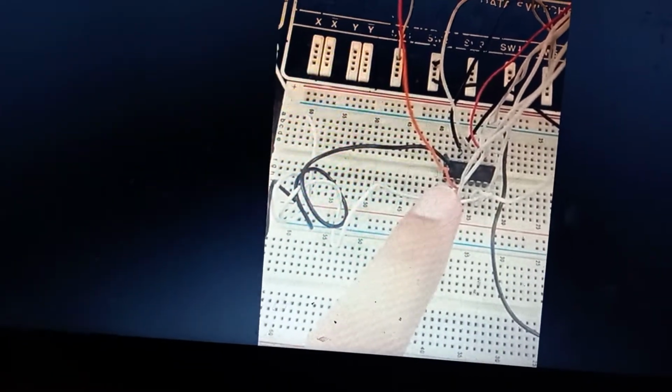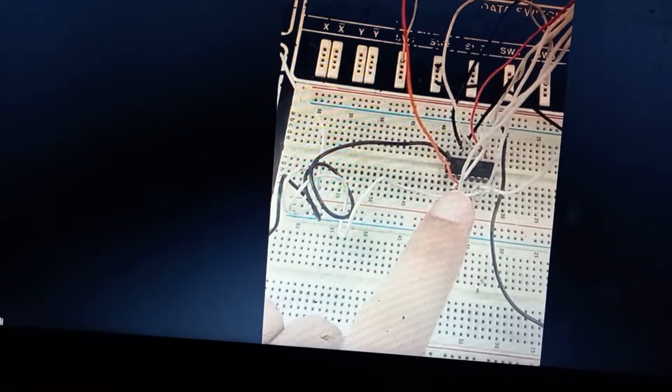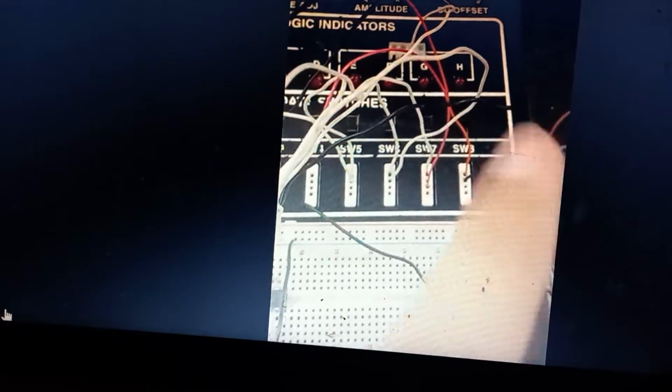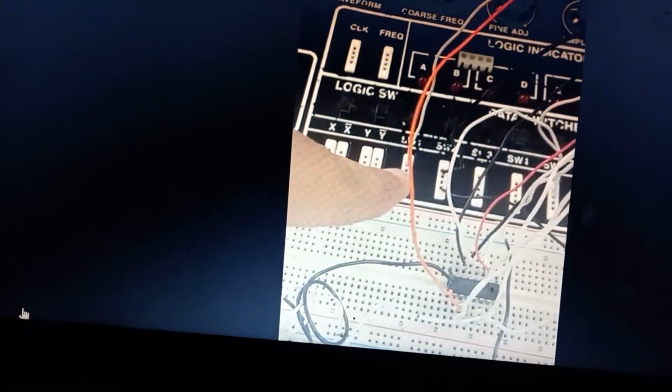So let's look at some hardware parts. This is the IC we were talking about. This is the multiplexer IC. It has 4 multiplexers. The VCC is connected by the black wire to pin 16, and the white wire is the ground. These are the input switches, switch number, I think, 8, 7, 6 and 5. These are the 4 input lines, which are connected to the switches as well. These are the selection switches, switch number 1 and switch number 2. And this is the output, which is connected to LED number G. This one is the output of the multiplexer.